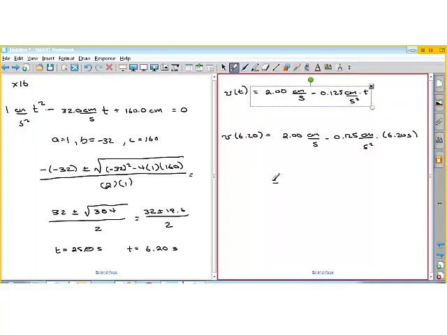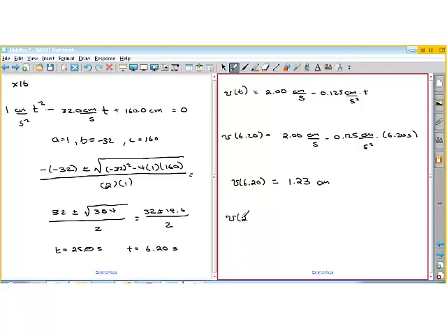And so we get 2 minus 0.125 times 6.2 is 1.23 centimeters per second,